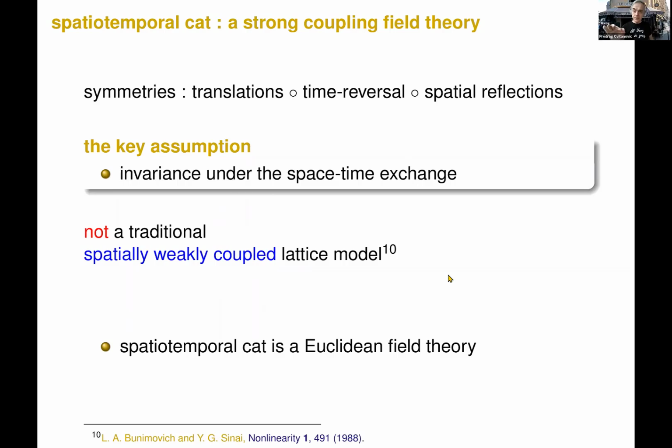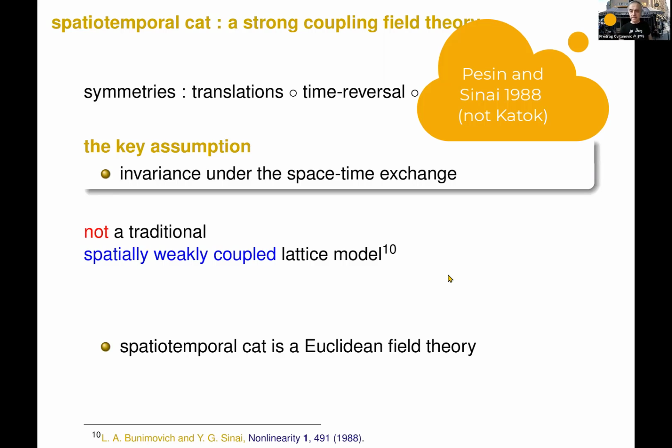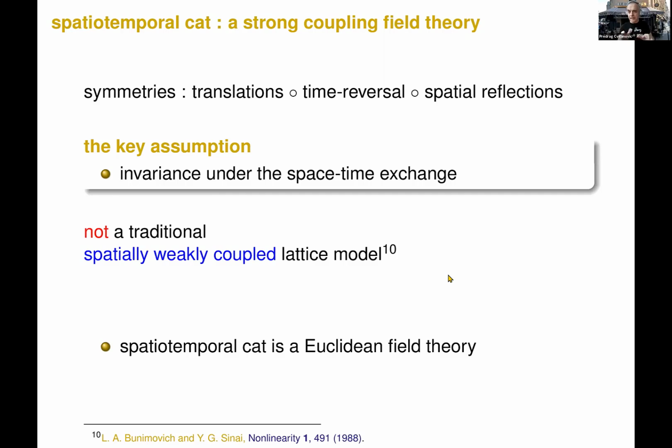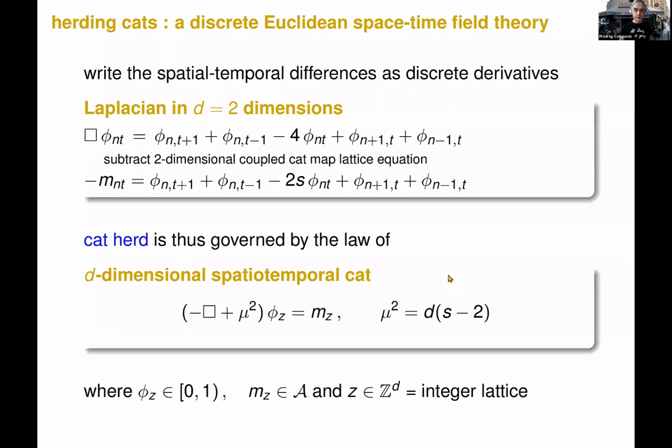And this is not, I have to emphasize, it's not Bunimovich. I know Lorna is there. It's not Bunimovich and Sinai, and Katok and Sinai who did it for cat maps, because it's kind of at a different, opposite end. I mean, for them, it was very important that the spatial coupling was weak, so the deformation of the cat map, the nonlinear deformations, was small, so one could use the same Markov partitions, but we don't partition anything. There are no Markov partitions here. That was for the experts.